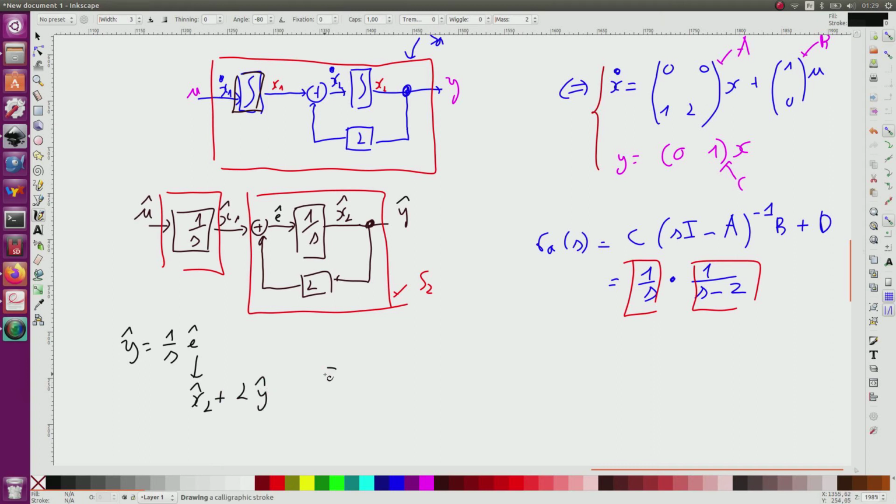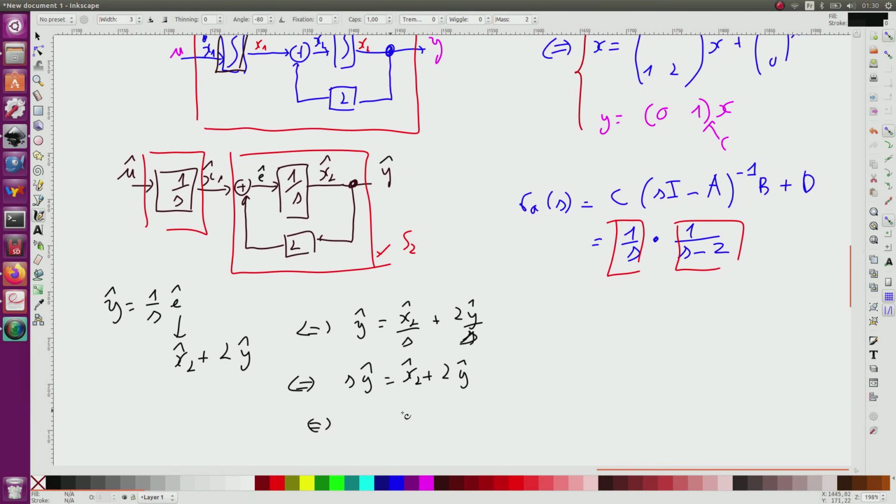As a consequence, y hat is equal to x2 hat divided by s plus 2y hat divided by s. I multiply everywhere by s, which gives s y hat equal x2 hat plus 2y hat,